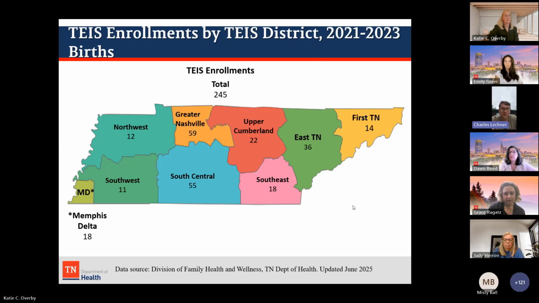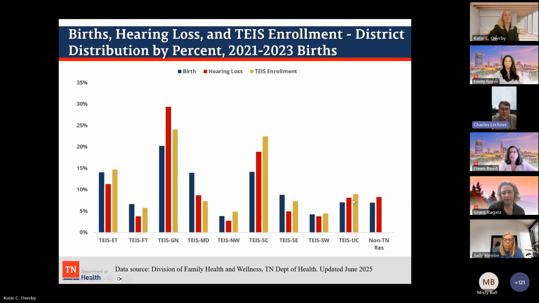One thing that I really like to show is on the next slide, if you'll hit that, Katie, where we're going to look at all of our distributions. Now, there's a fair bit of information on here, but I love this chart. So there's 3 bars for each of our districts. The leftmost bar in each one, which is dark blue, is the distribution of births. So the percent of births by region. The middle bar, the red one, is the distribution of hearing loss cases or diagnoses. And the rightmost, the goldish yellow, is our enrollments.